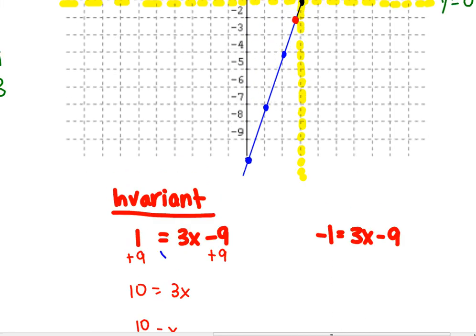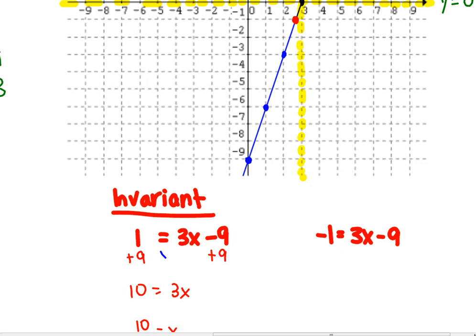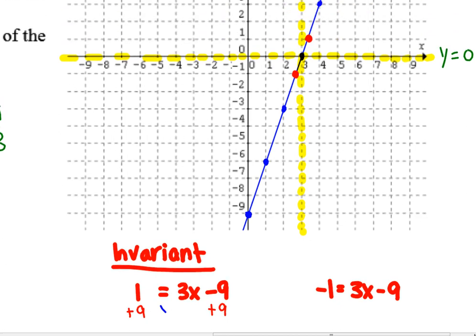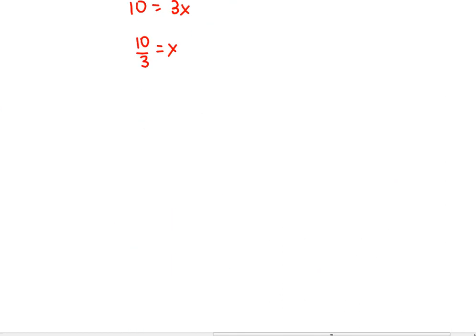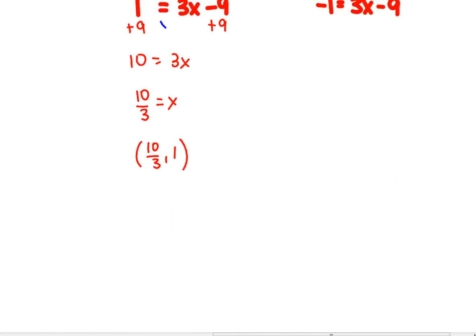Does that look right for an x value? Oh no, I moved my graph. Does that look like 3.3 repeating to you? Right here, the x value. Yeah, it does. So it's 10/3 and 1 is one of the invariant points. The other one is